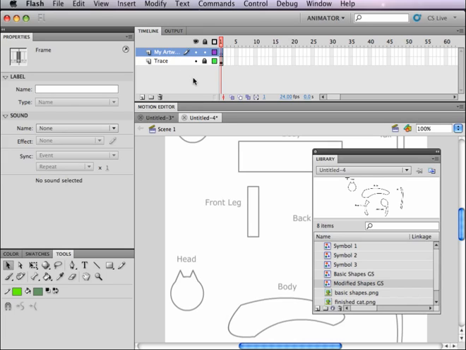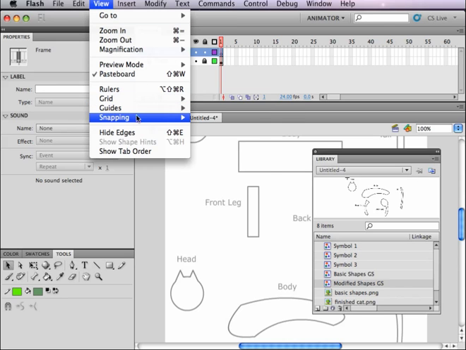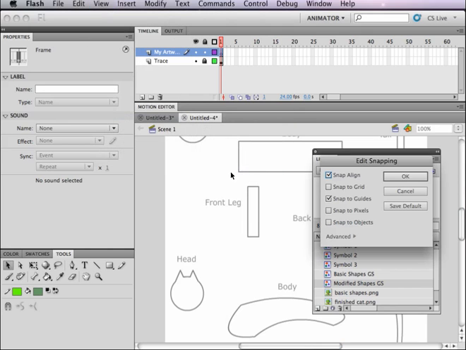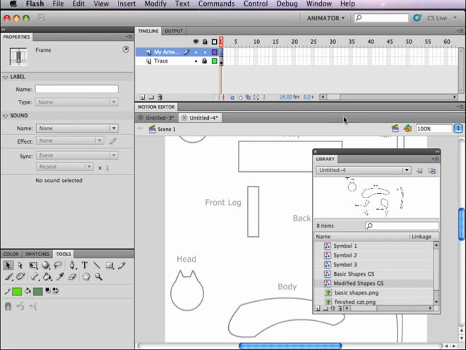Now, before I continue, I want to do one more utility thing. I want to take off the snapping, so I'm going to go to View, and I'm going to go to Snapping. And you see these check marks? We want to take those off. So I'm going to go down here to Edit Snapping and take off the snapping, because that makes me fully